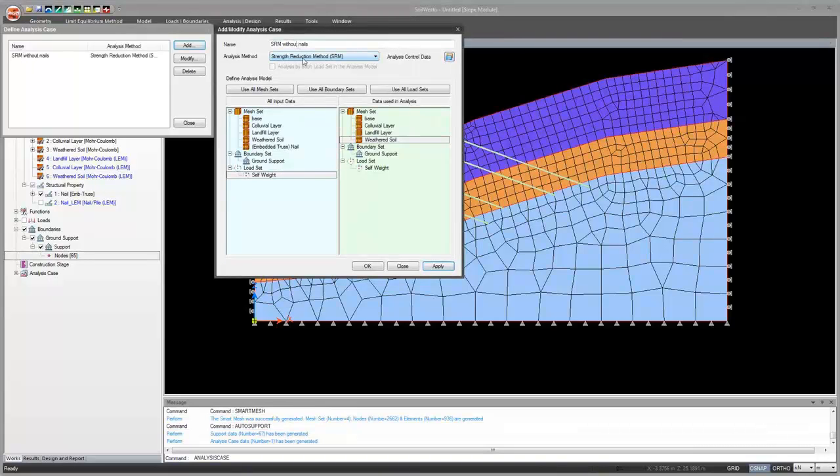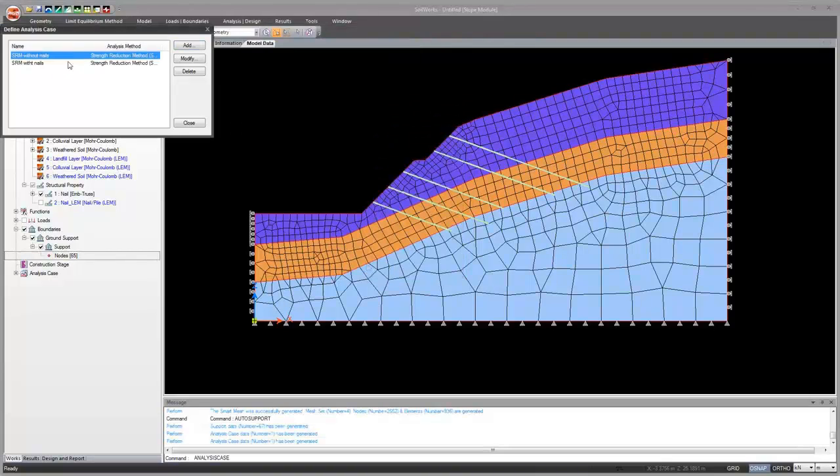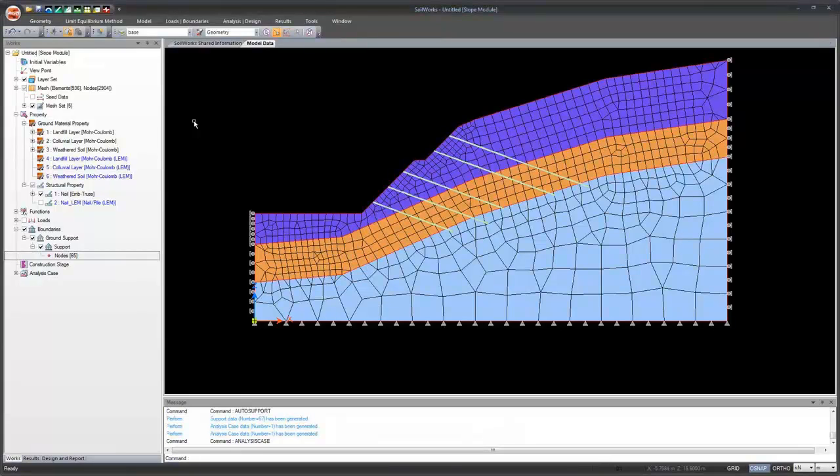Now the second case is with nails. So SRM with nails, just activate the embedded truss and click OK. So we have two cases, one with nails and the other without nails. Now this is how we proceed for the SRM method. Now let us see how we do it for the LEM method if you want to consider it in the